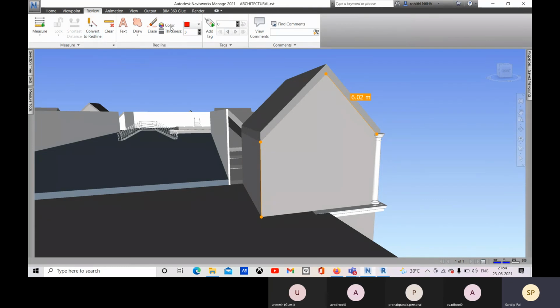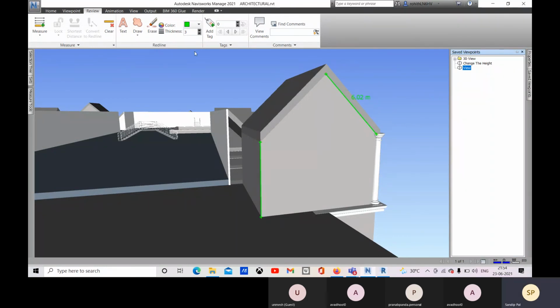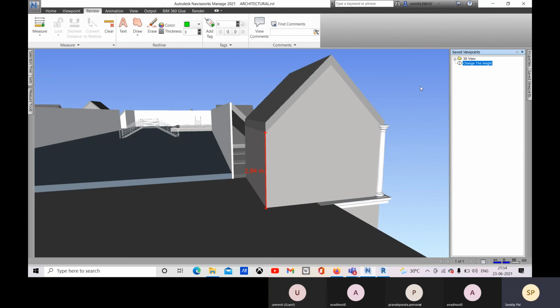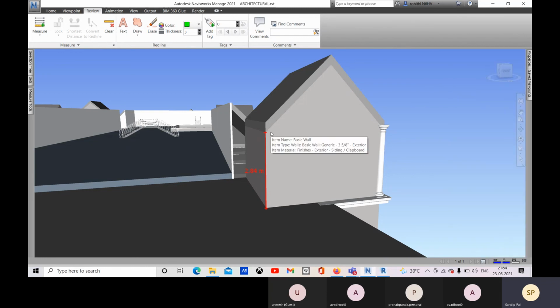So when you convert to the red line, this is the color, and you can define what the thickness will be. Suppose you want to go for this color. If you convert to red line, these will be converted into red line with this color, and this is the thickness, and it will come up with a view. Okay, so this view you can create, or you can delete this view. So these are saved with this view. When you convert to the red line, it will be saved to the view.